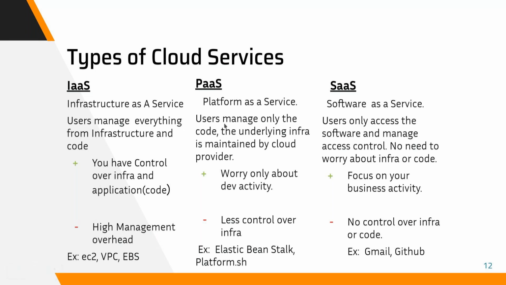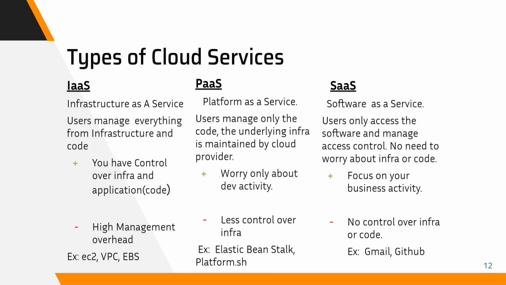In PaaS, you are focused only on writing the code, developing the application. You don't have to worry about the underlying infrastructure. But if there is some complex requirement that certain components require to run on so and so thing, then you will not have so much control over here. Whereas in case of SaaS, there is no control over the code or the infrastructure, but sometimes it's a great offering when you can make do with the existing service, like the examples I gave in Zoho Payroll or LinkedIn Learning. All these things are a great example for that.